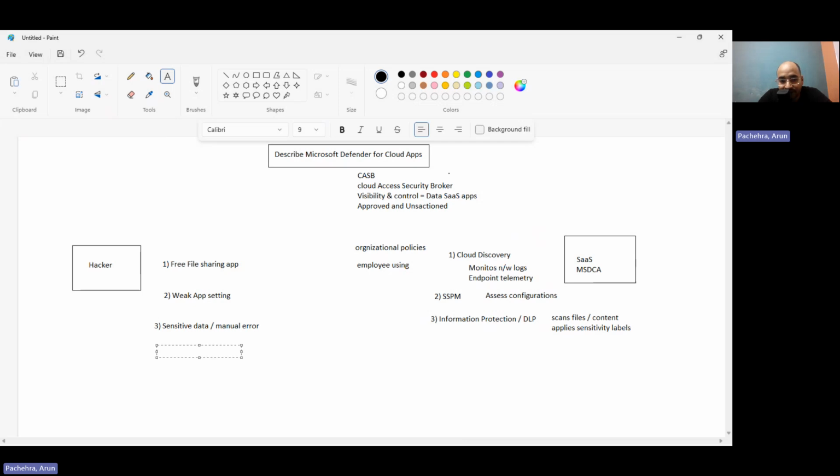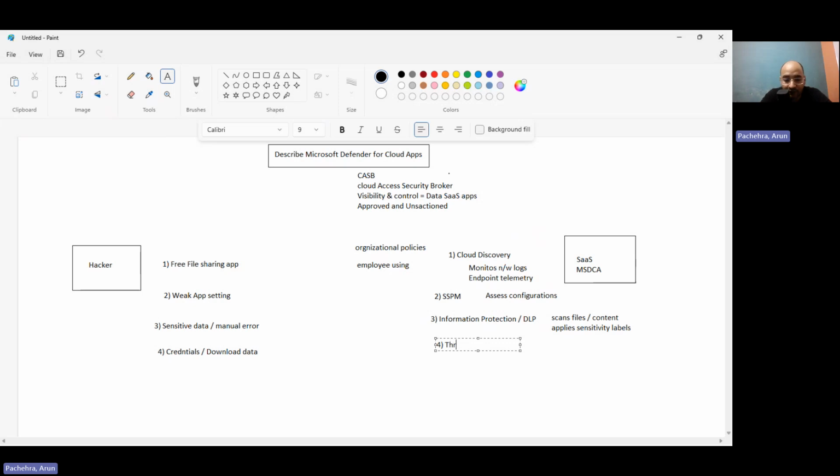Okay, then our hacker is a little pissed, and he thought, why not try to get the credentials? Or maybe this guy got the credentials. Then what will he do with the credentials? He will try to steal users' data at the time when the user is not logged in. Otherwise, the user will know somebody is logged in with his credentials, something like that. So let's suppose this guy tried to download a huge amount of data, or maybe at a wrong period of time. So in that situation, we have this feature in our Defender, which is called threat detection,